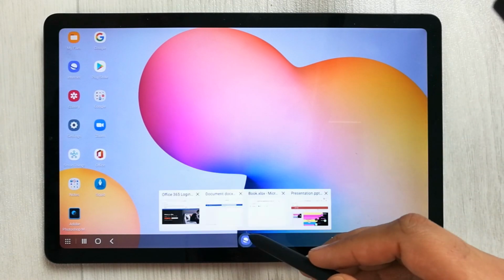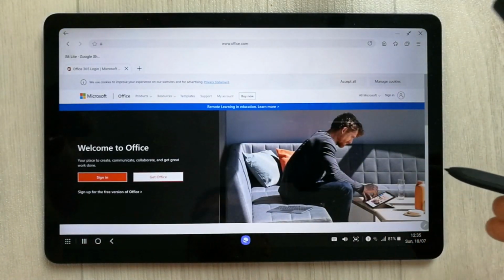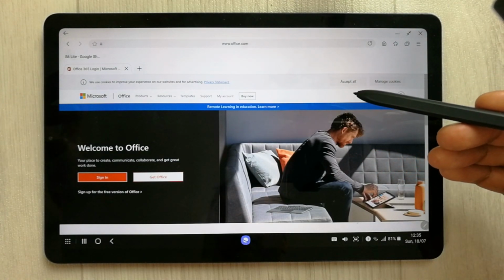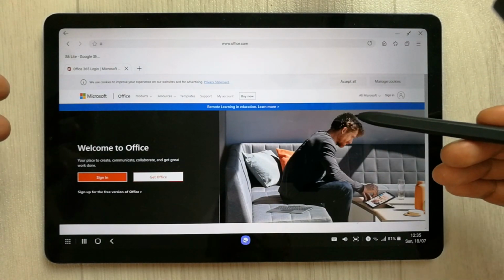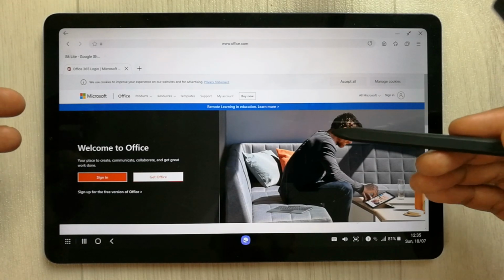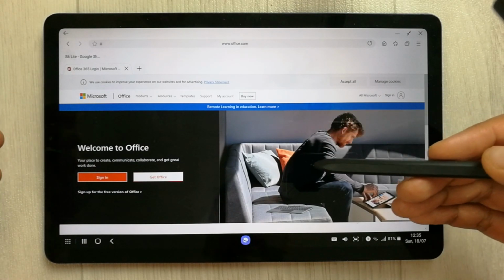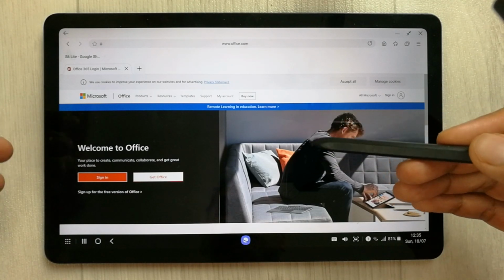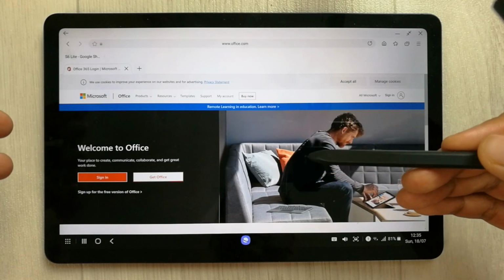So you have to open your internet and you have to open the website which is office.com, and once you open it you have to sign up for the Microsoft account. So it is totally free, so you can sign up for the account, and once you sign up it will give you all the features. So I will show you how.